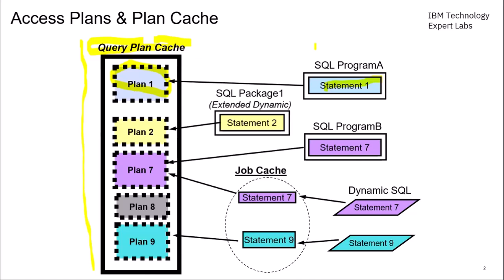But before the query plan cache, the plans with the classic query engine were stored in the program object if I'm static SQL, where I'm embedding an SQL query within an RPG or COBOL program. And if I was dynamic SQL,